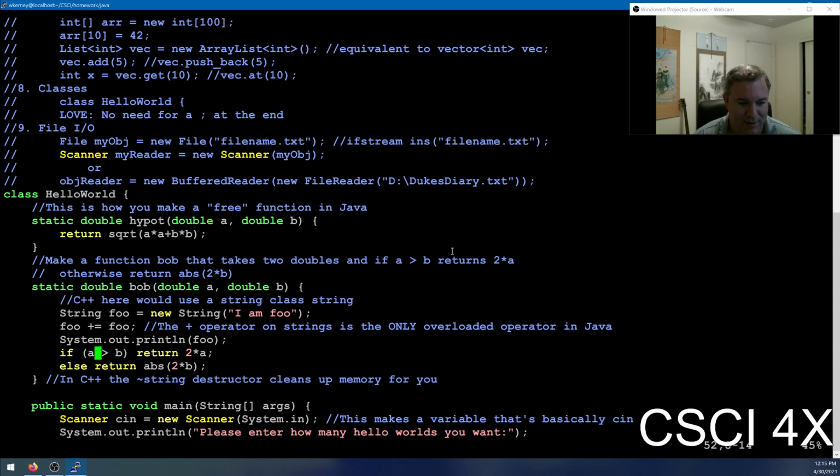If A is greater than B, I don't know what we're doing here. It's just whatever. Just demo code. If A is greater than B, return 2 times A. Otherwise, return the absolute value of 2 times B. You guys see how this is like